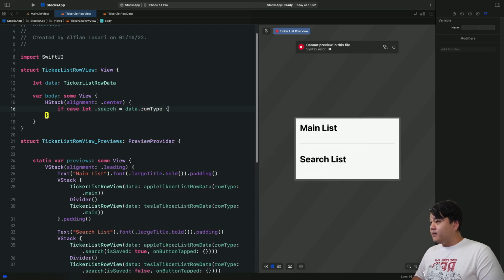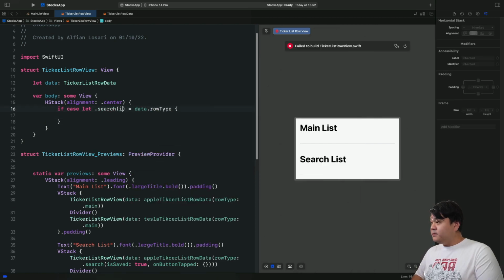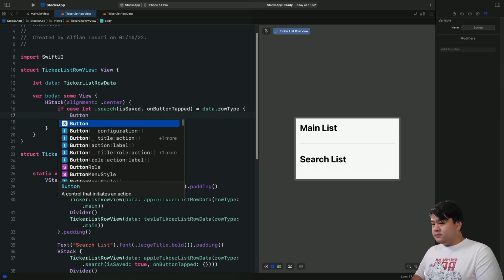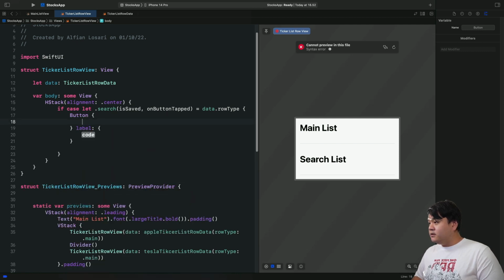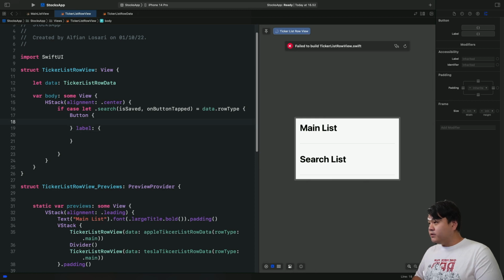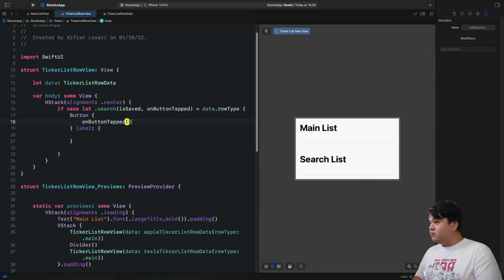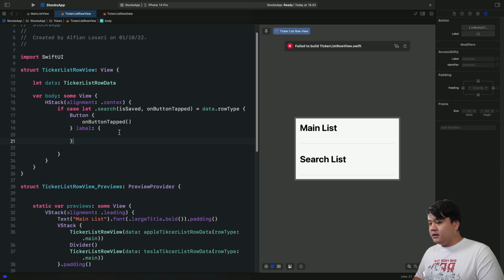Okay, and we're also going to grab the associated values is safe and the on button tap closure. Okay, so this is the syntax to basically unwrap this row type if the case is search, as well as grabbing the associated values. Okay, so let's declare a button using action label. Okay, in the action, we're going to just invoke the closure on button tap, and